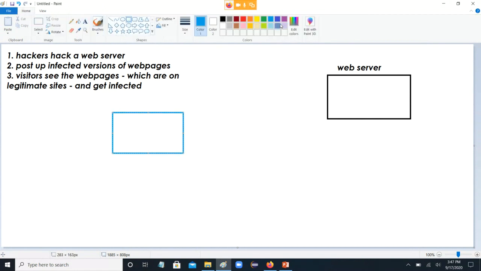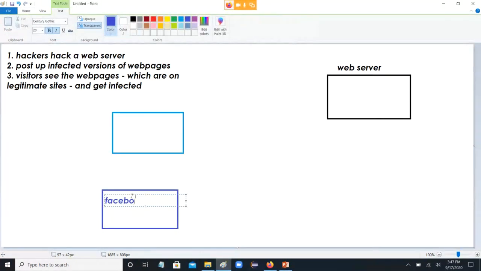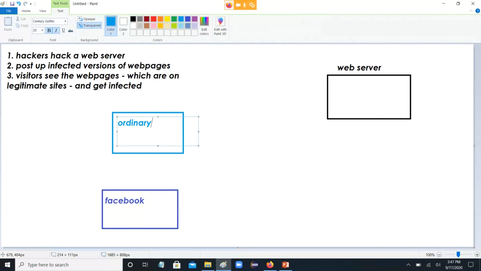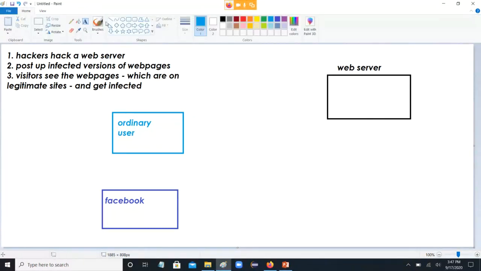Okay, so here's an end user, and here's going to be Facebook. And this is going to be the end user here, so ordinary user. And we'll get to how this process played out over time. So what would happen, the ordinary users, they would connect to the web server, they get the infected page, they get infected. Well, that's a problem.